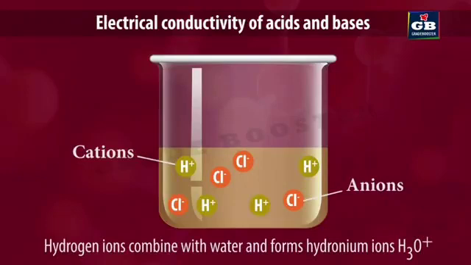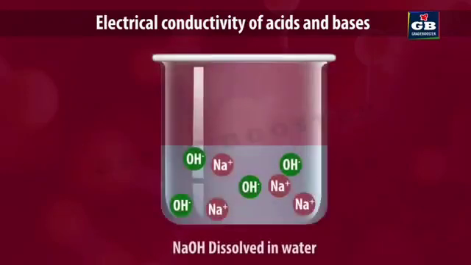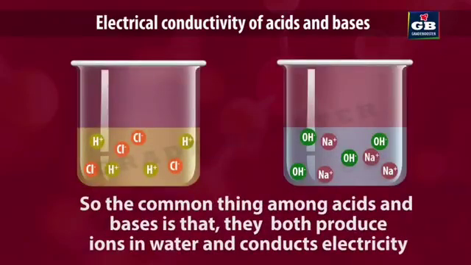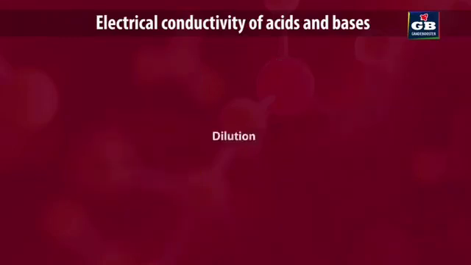In the same way, if we dissolve sodium hydroxide in water, it also forms cations and anions. Sodium hydroxide forms Na+ cations and OH- anions. So this is the common thing in both acids and bases. That is, they both dissolve in water and form anions and cations, and they conduct electricity. Now let us see dilute